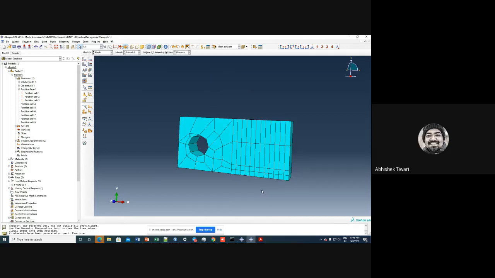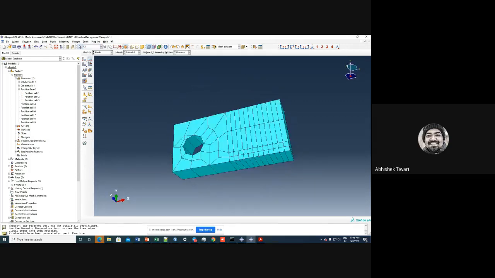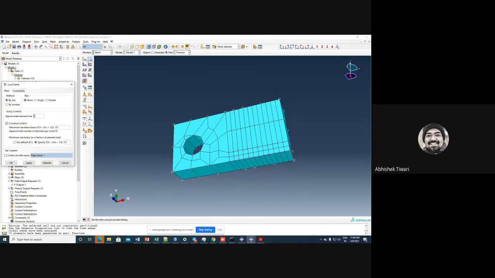So actually, if I do this, then my specimen will fail like anything. It will just vanish. So here I will define, let's say 0.5.